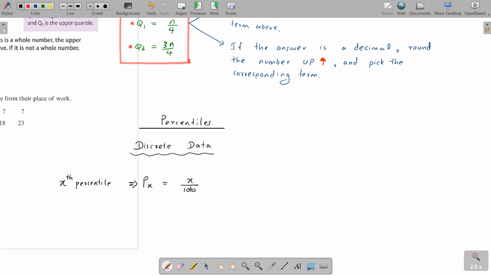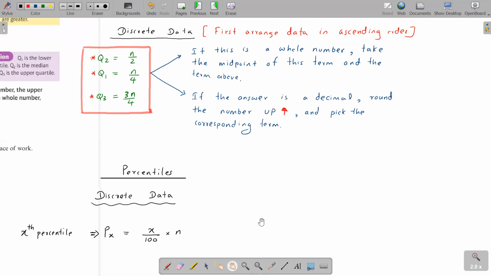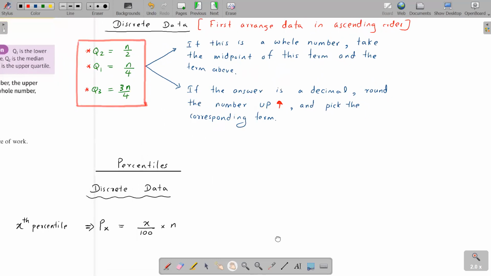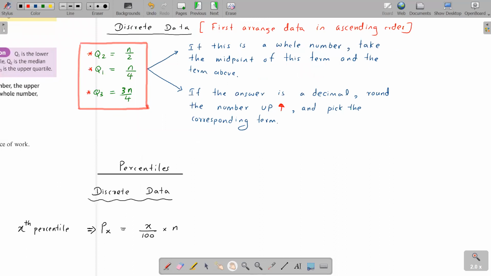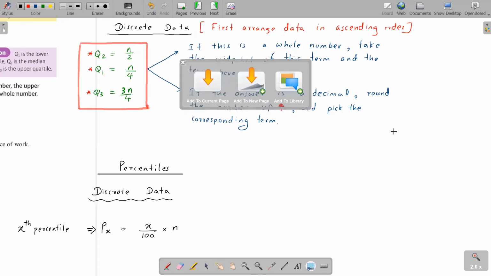So X over 100 means the X%. X% of N, where N represents the total frequency or the total number of data points. And then if it's discrete data, again, you must apply the same theories that you used previously. Do you remember the same theories that you used previously? So if it is discrete data,